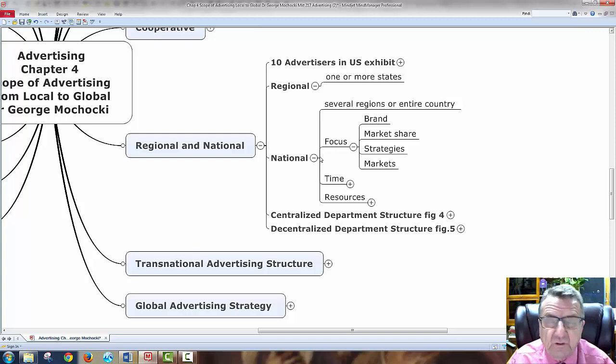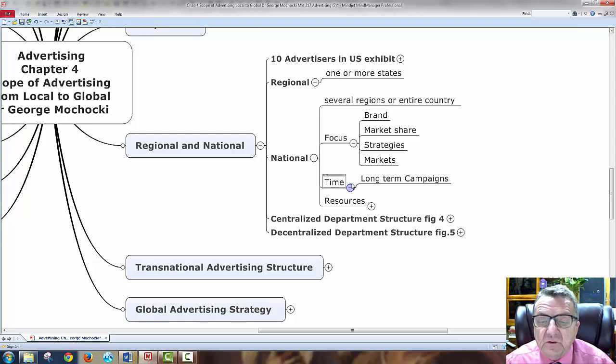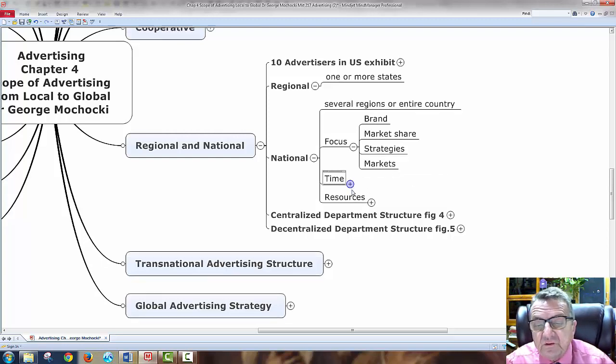So does Samsung. I'm just using those two because the author, in the reading in the book, had a lot of examples on that. Okay, and then different strategies. And then the next one you have is time, long-term campaigns. So if I'm looking nationally, it's not a one-time clearance sale to get rid of the product. They're looking at developing a brand name or a certain product or a certain image over a longer period of time.